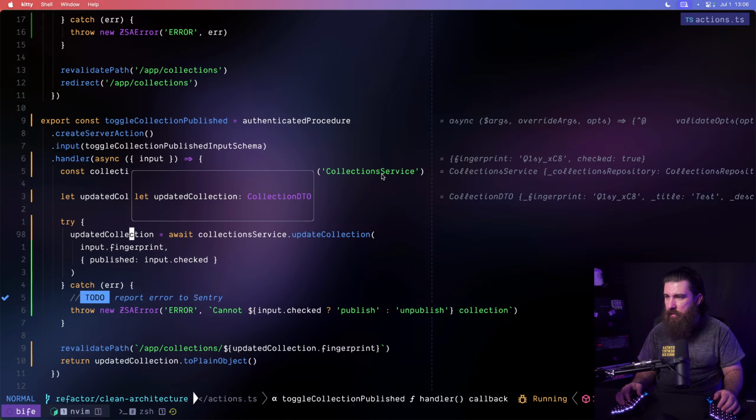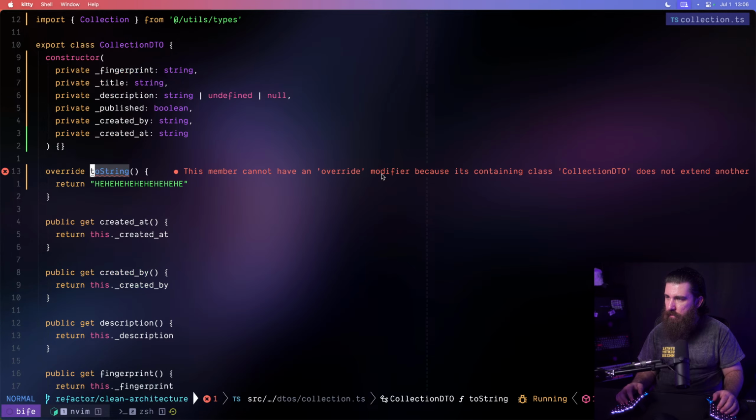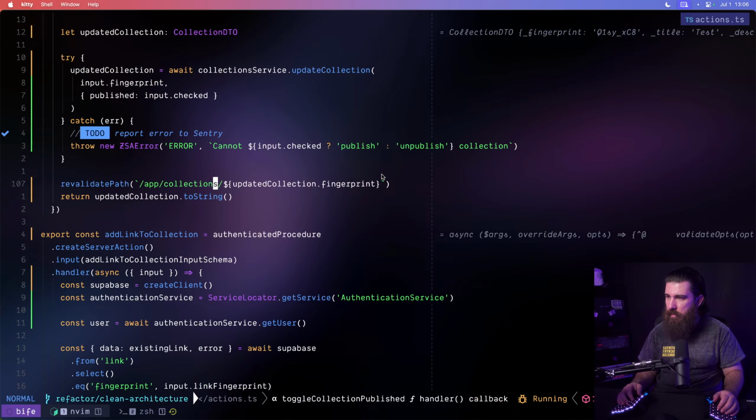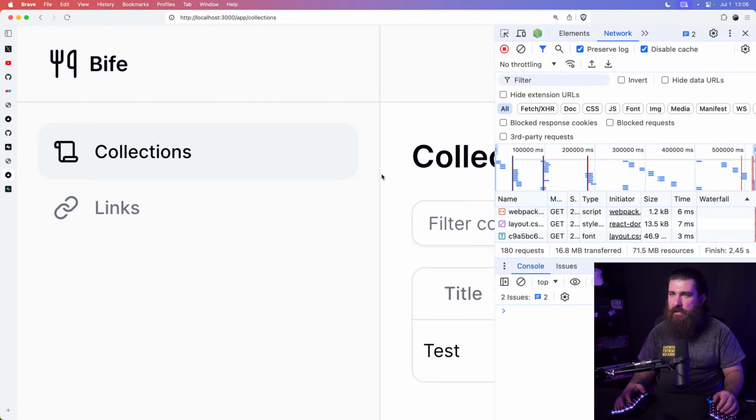We have the updated collection. It's a DTO, but we can do toString. If I delete toString and go back, I can still do toString. It's a string representation of an object. And let's see,